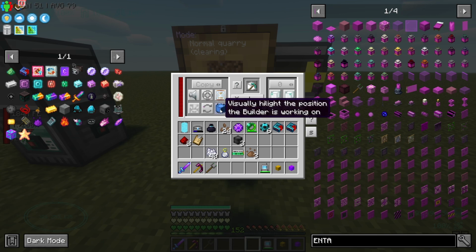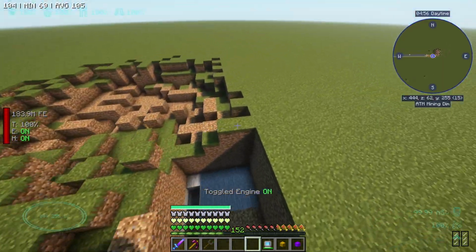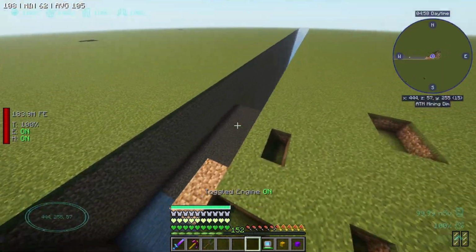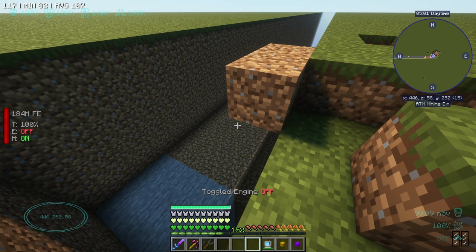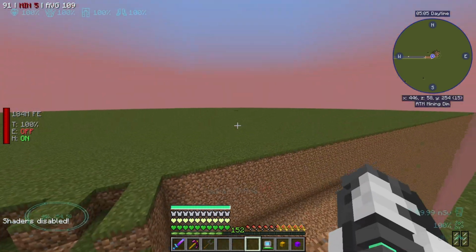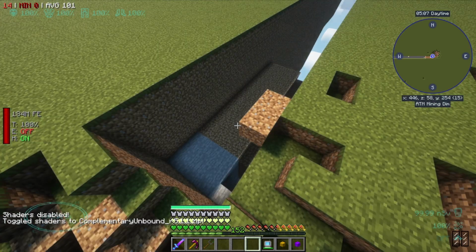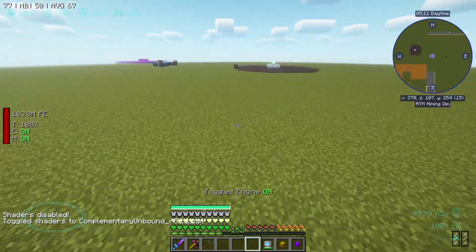I'm going to visually highlight the area that he's working on. Might lag a little bit while I wait for this to show up, but... Does that feature even work? I don't even know if that works, to be frank with you. What about shaders off? No, that doesn't really help. I mean, maybe I just connect him up to a...